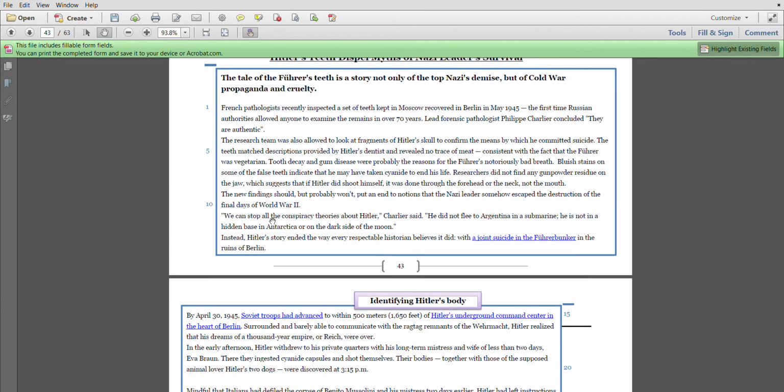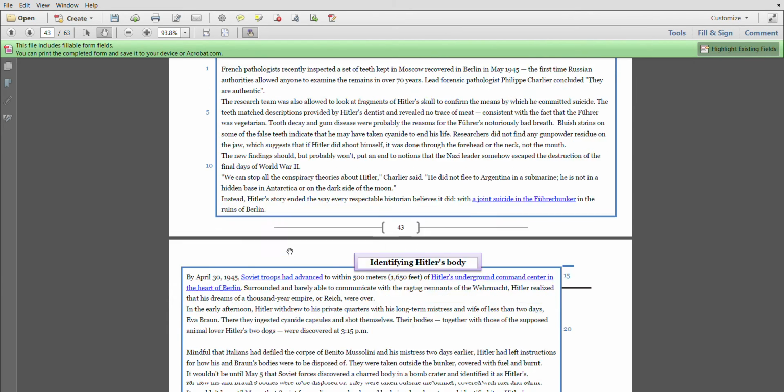"We can stop all the conspiracy theories about Hitler," Charlier said. "He did not flee to Argentina in a submarine. He is not in a hidden base in the Antarctic or on the dark side of the moon." Instead, Hitler's story ended the way every respectable historian believes it did, with a joint suicide in the Führer bunker in the ruins of Berlin,